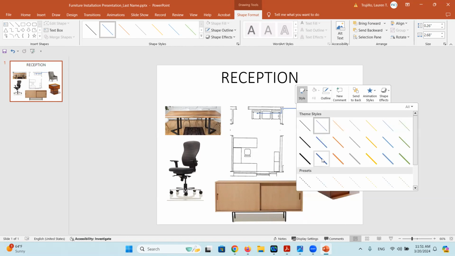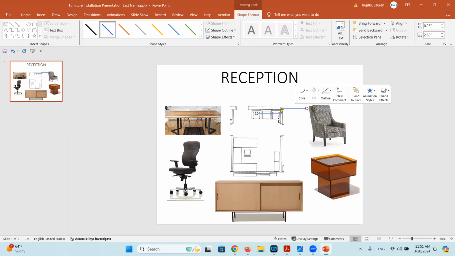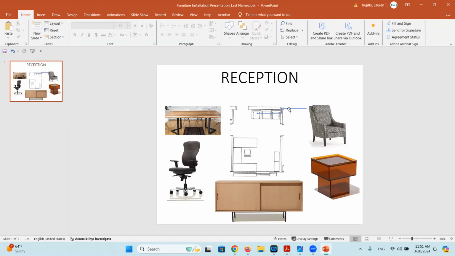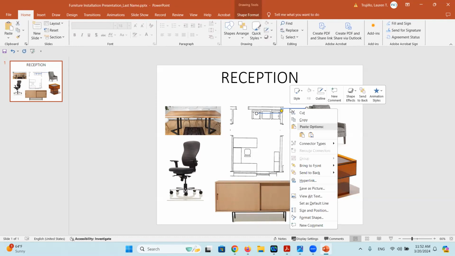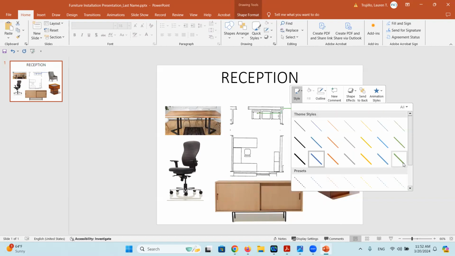So if I go to style, I'm going to just increase the style so that it's a little bit thicker. I'm going to do it in blue so that it's got a slight contrast from the background and so that the viewer will be able to at least differentiate it from the other items on here. So I'm going to go back to style. I'd actually like to increase it just a little bit more if I can, but it doesn't seem like it's allowing me to.